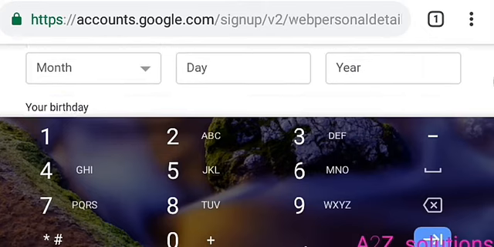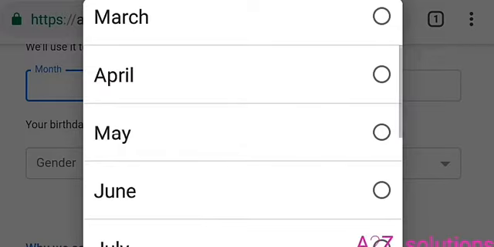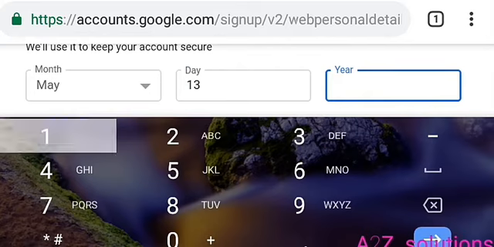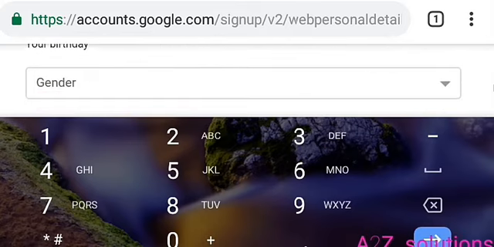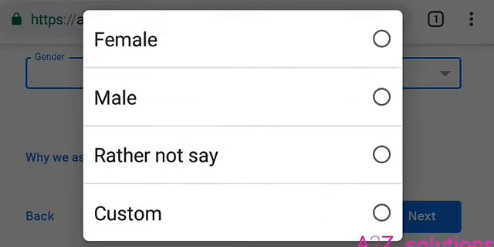here you have to enter your birth date. So here select the month, whatever the date of birth, then day, and then finally year. Then you have to enter gender here, male, female.